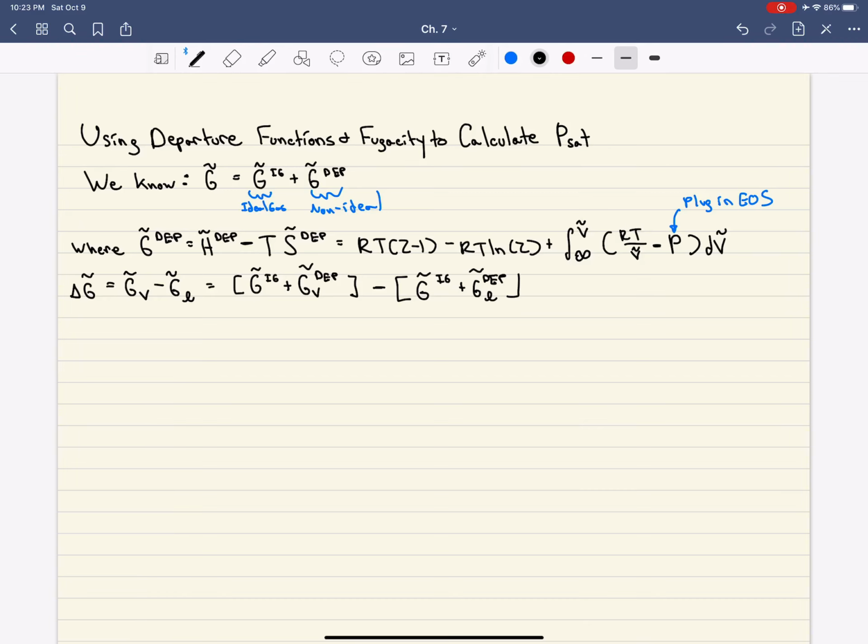And the reason for the ideal gas contribution, I didn't distinguish between vapor or liquid, is because if you remember, with the ideal gas law,